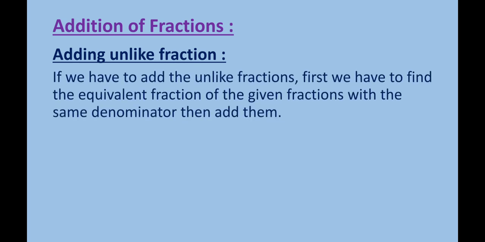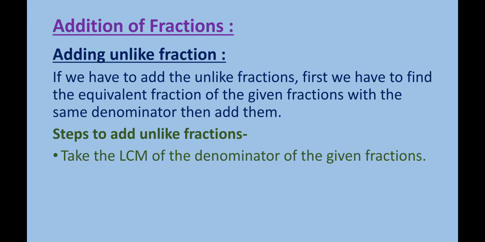Come to the second one, addition of fractions, adding unlike fractions. If we have to add unlike fractions, first we have to find the equivalent fractions of the given fractions with the same denominator. Then we add them as like fractions. Clear? First we have to convert the unlike fractions to like fractions, as we have already discussed in our previous video how to convert. So here the steps are: